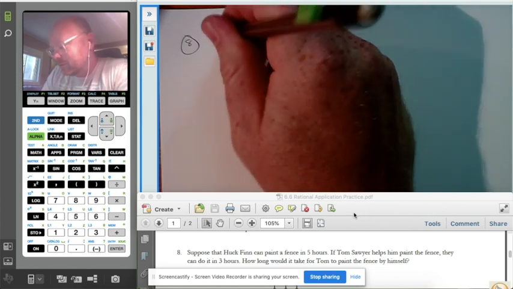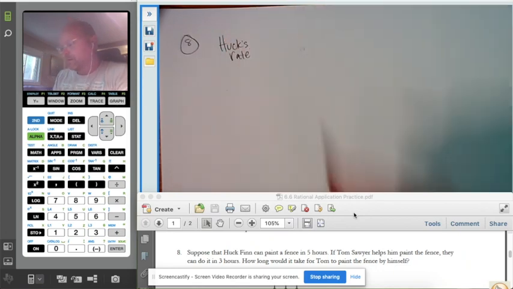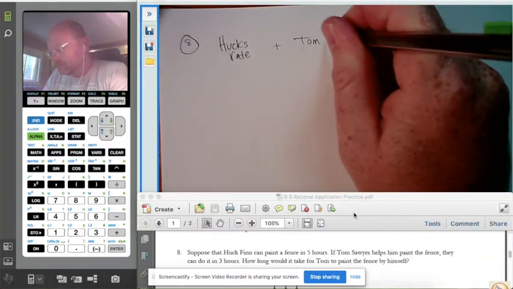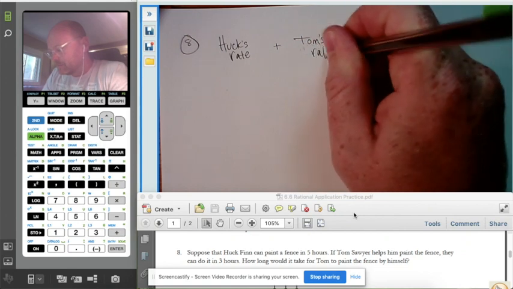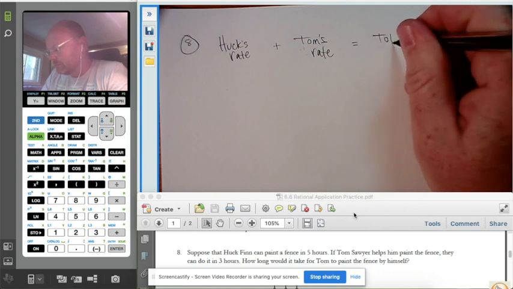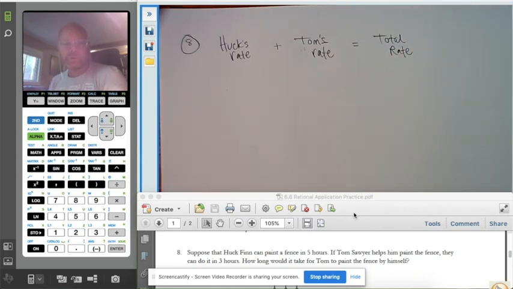So we have Huck's rate, and basically if we add on Tom's rate, then we get some kind of total rate of painting a fence. So what is the rate? What are we talking about with the rate? By rate,